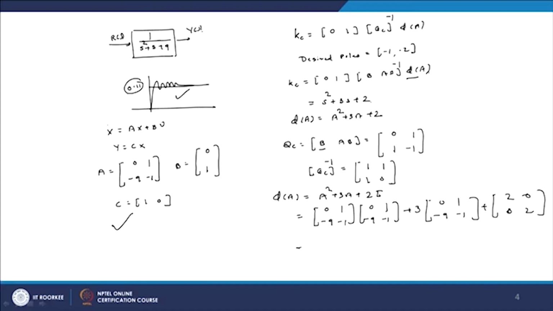So, after solving you will get [-7 2; -18 -9],